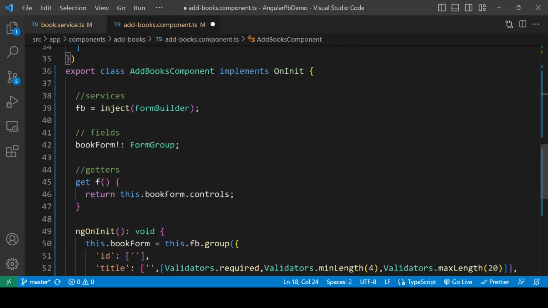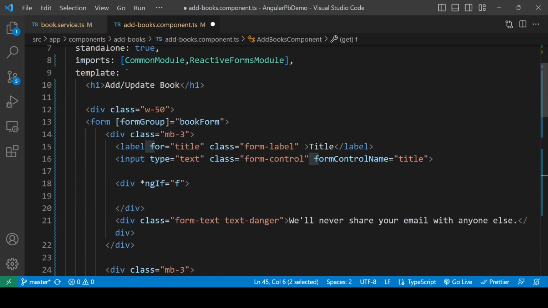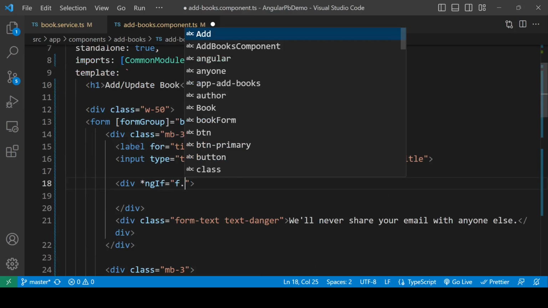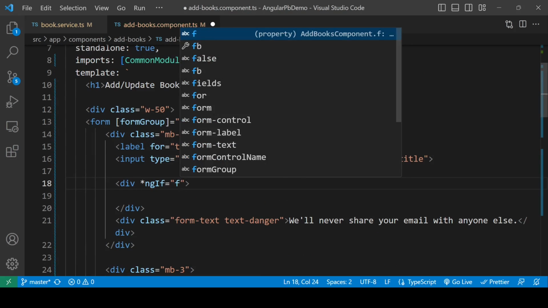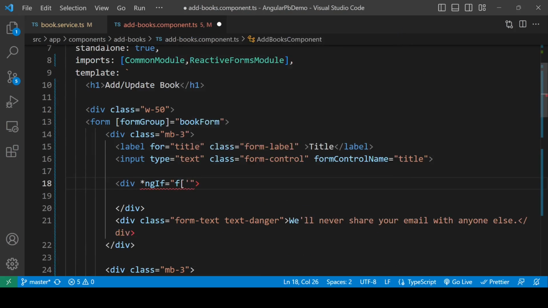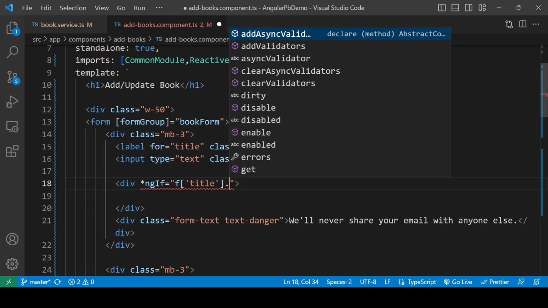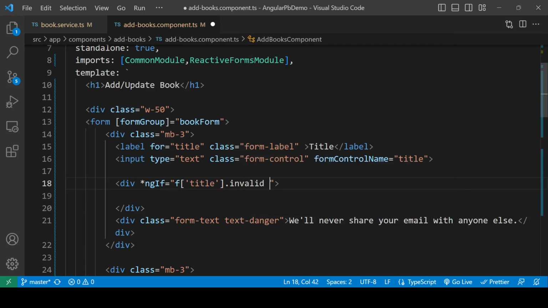Sorry, not here, it should be here. This is f. Okay, f dot title, and here should be invalid, and here we will define this thing again,